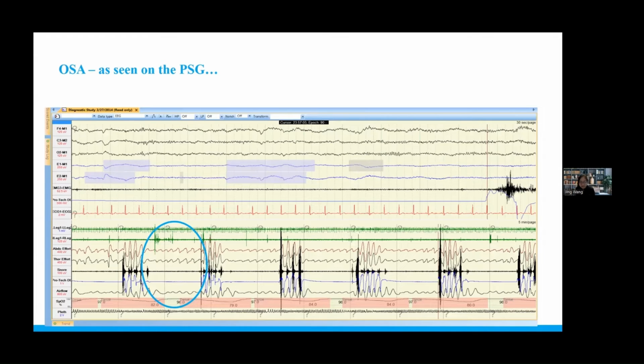Okay, after the patient gets a sleep study, this is really what the data looks like when we review sleep studies. So, sleep apnea as seen on the PSG. I know there's a lot of lines here, but just to orient everyone, the top half of the screen should be a 30-second window, and the bottom half of the screen I have on a 5-minute window. This is what an OSA or obstructive sleep apnea event looks like. As you can see, the patient has had several of these.